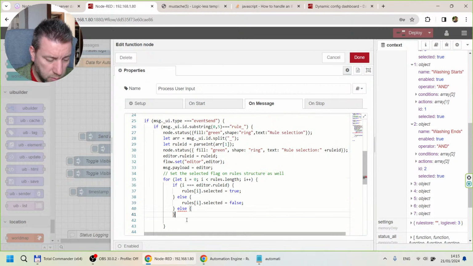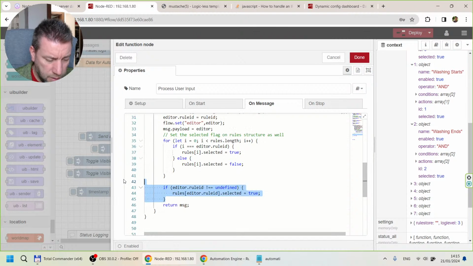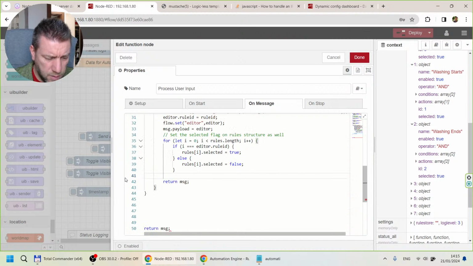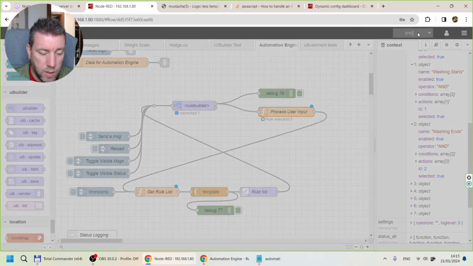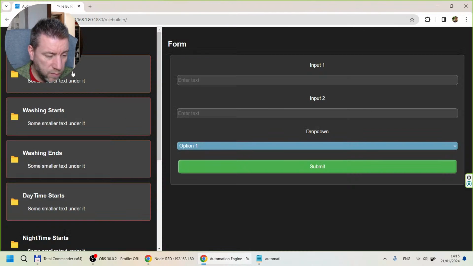So this is false, and that's the end of it. I don't need this, and I deleted an extra thing. So we go through all the rules, deselect everything, and then select just the ones that we actually need. So if I do this,